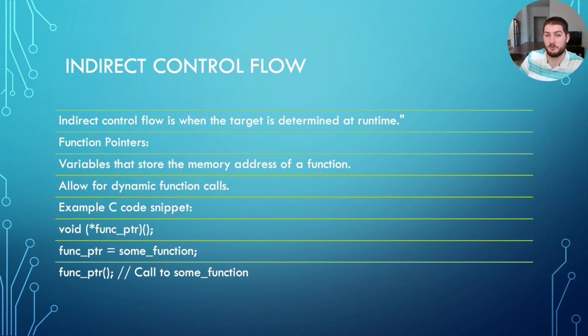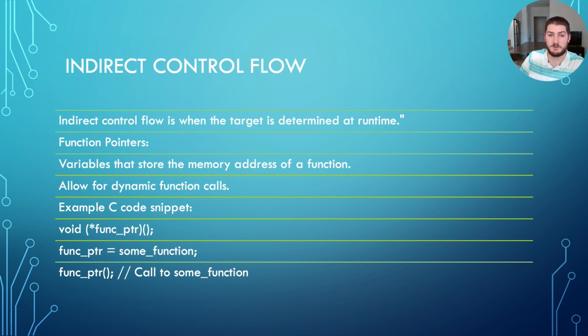But what is a function pointer? Essentially, they are variables, but instead of holding a simple data value, such as an integer or character, a function pointer holds the memory address to a function. The capability to store these memory addresses allows for dynamic function calls, which allow a program to decide at runtime which specific functions to execute. This is in contrast to direct function calls, where the function to be called is in a fixed location, which is